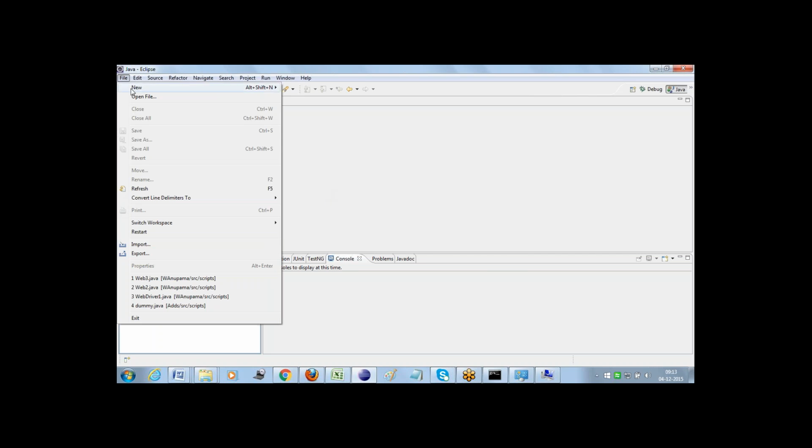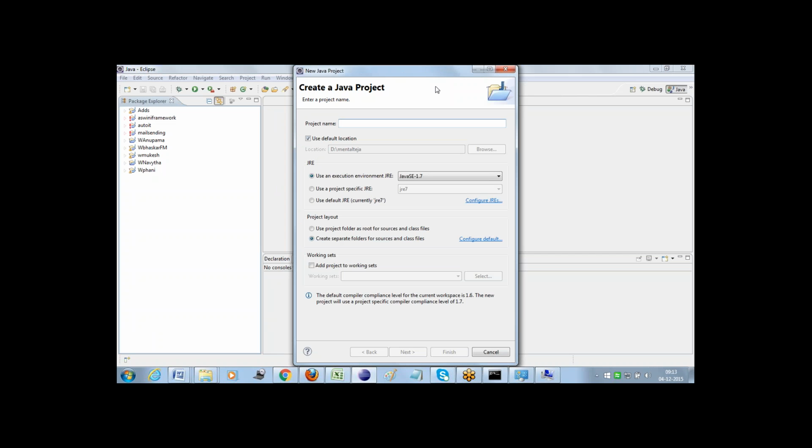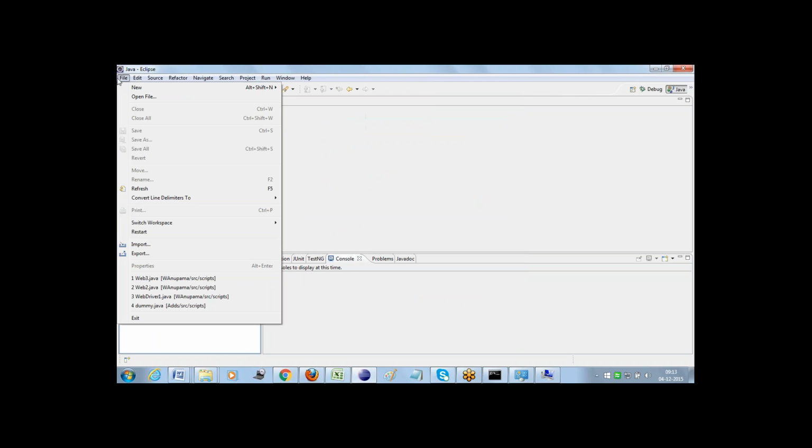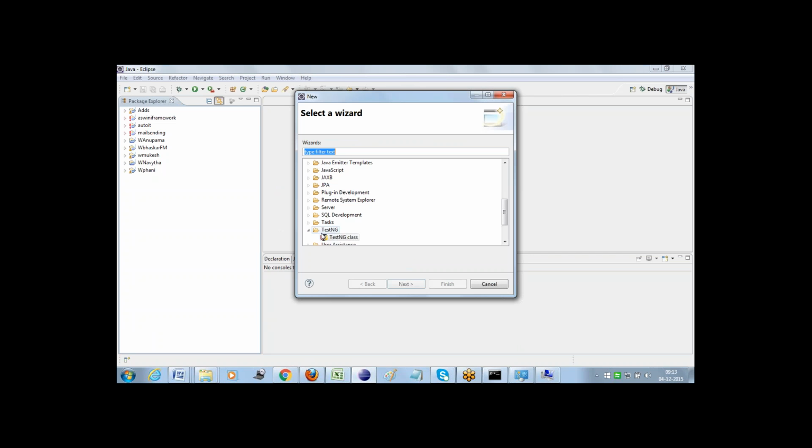So go to File, New, Java Project. For a few people the Java project won't display. In those cases, go to Other under New, and search for Java. Here you can get a Java project.